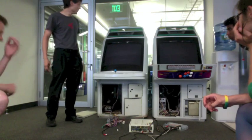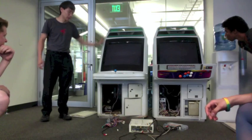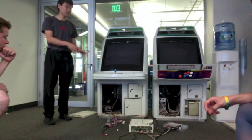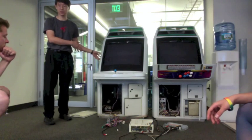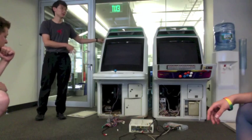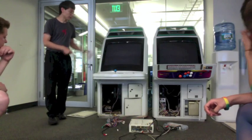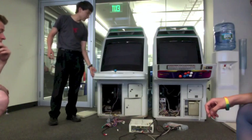They're not good. You notice actually the machine is built by Sega, but the game is not actually built by Sega, it's Capcom. And the hardware is actually Sega, but that actually has nothing to do with the fact that it's going into the Sega cabinet. This is called a JAMA machine, Japan Arcade Machine Manufacturers Association,